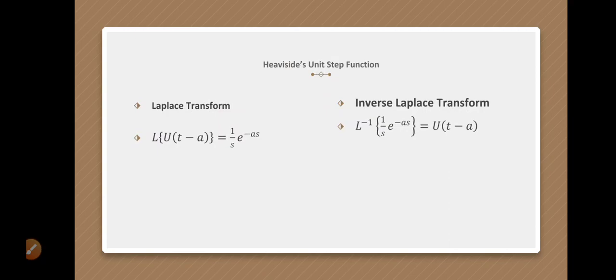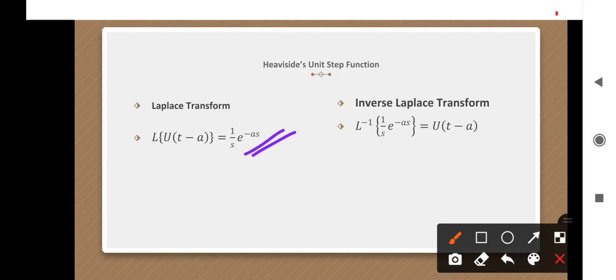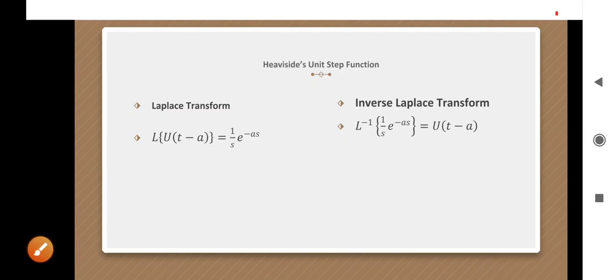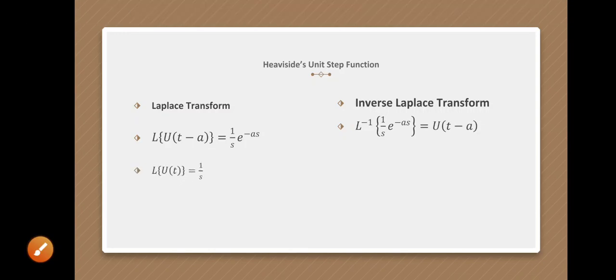Now if we put a equal to 0 in the Laplace transform result, we get the next result. So L of u of t is equal to 1 upon s,